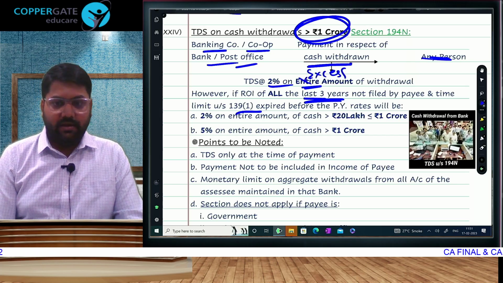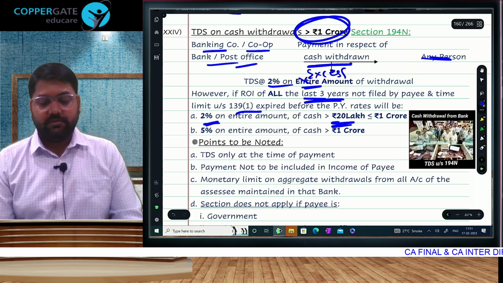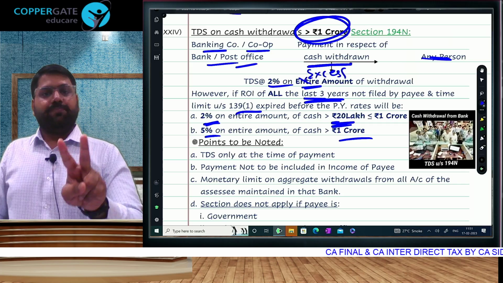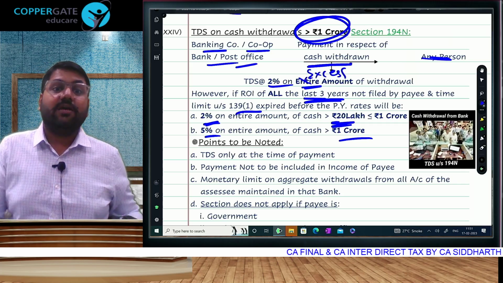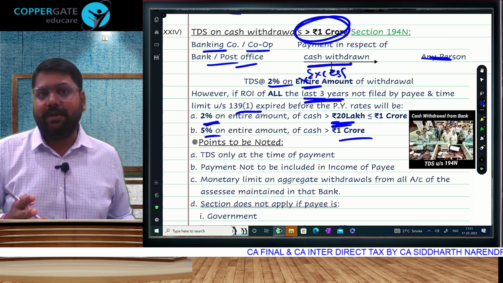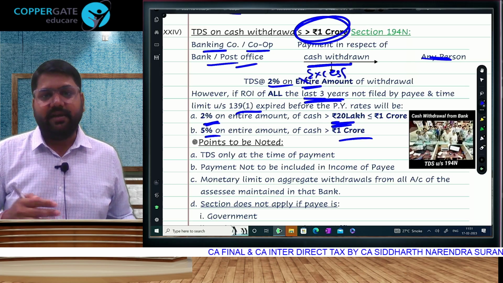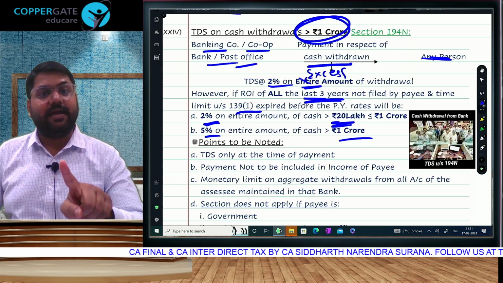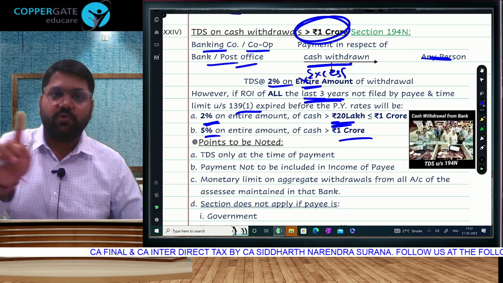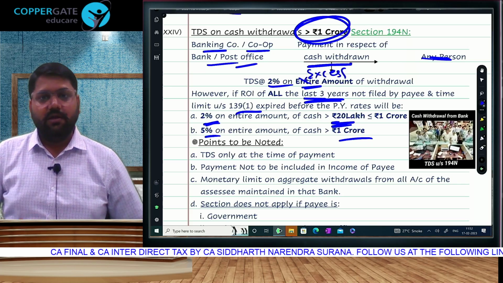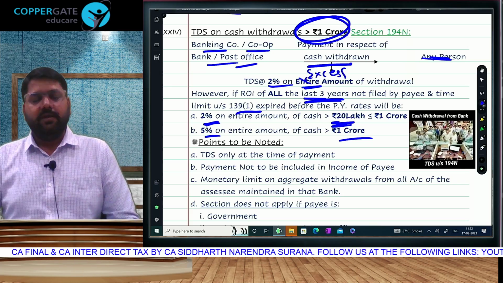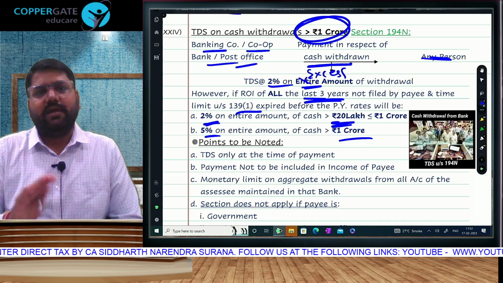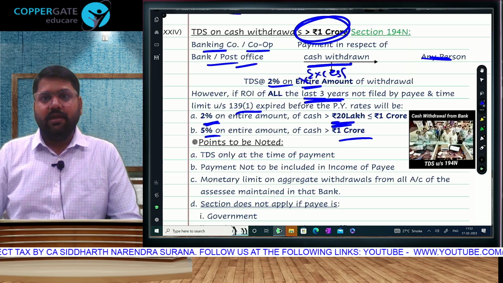And what change will apply? We will apply 2% after 20 lakh rupees, and after 1 crore, we will make it 5%. So for filers, after 1 crore, 2%. For non-filers, after 20 lakh, 2% till 1 crore, like slab rates. So if 30 lakh, then 2% of 10 lakh; if 80 lakh, then 2% of 60 lakh; if 90 lakh, then 2% of 70 lakh; if 1 crore, then 2% of 80 lakh; if 1 crore 5 lakh, then 2% of 80 lakh and 5% of 5 lakh. Up to 1 crore 2%, excess 5%, and the first 20 lakh again excess we are taking because of the ICAI suggested answer.